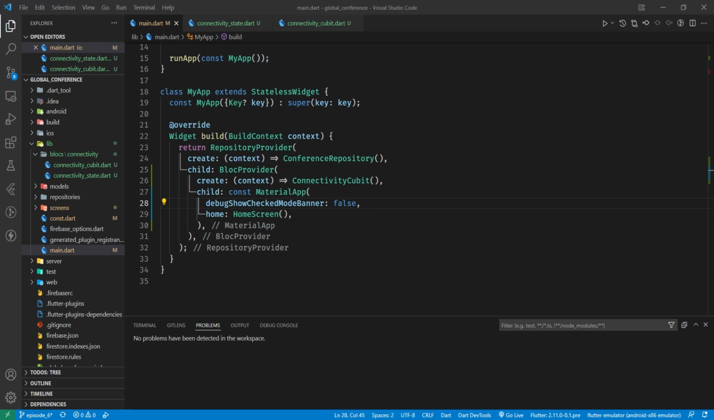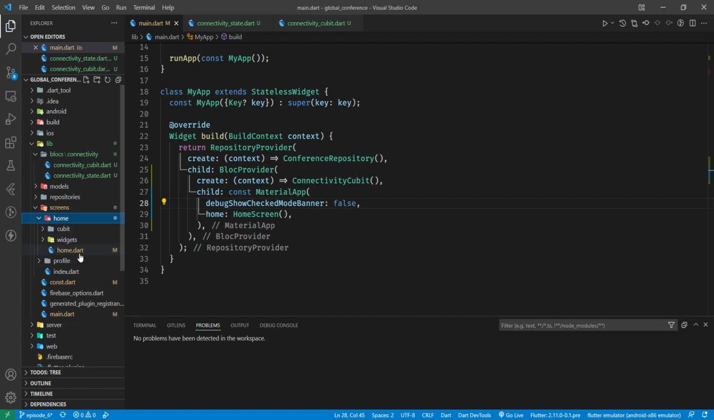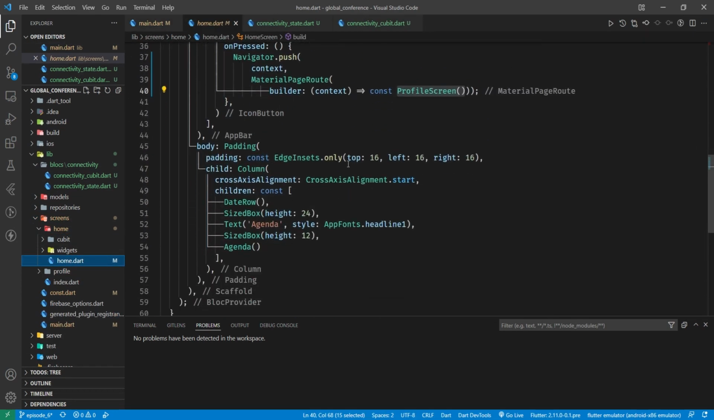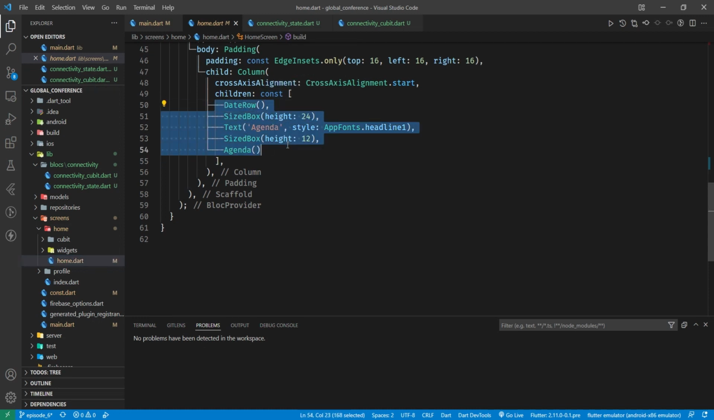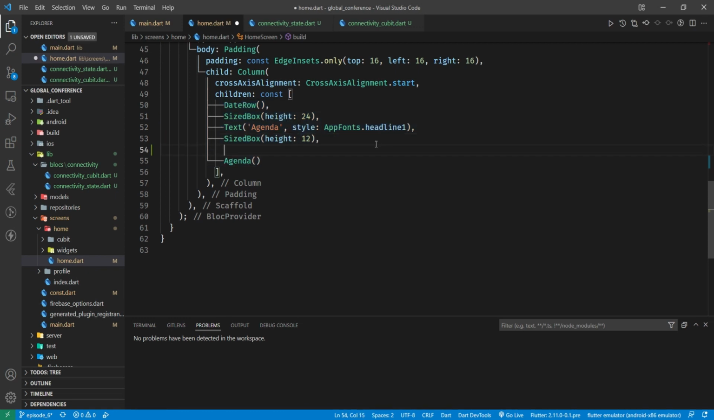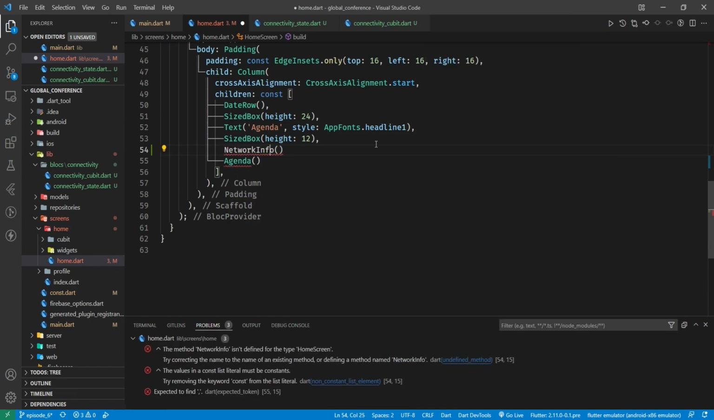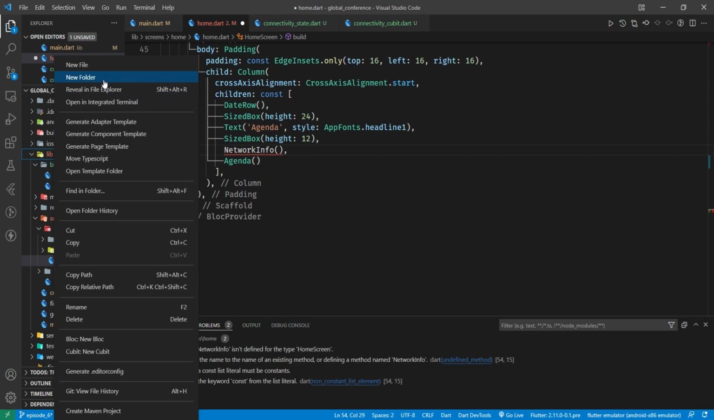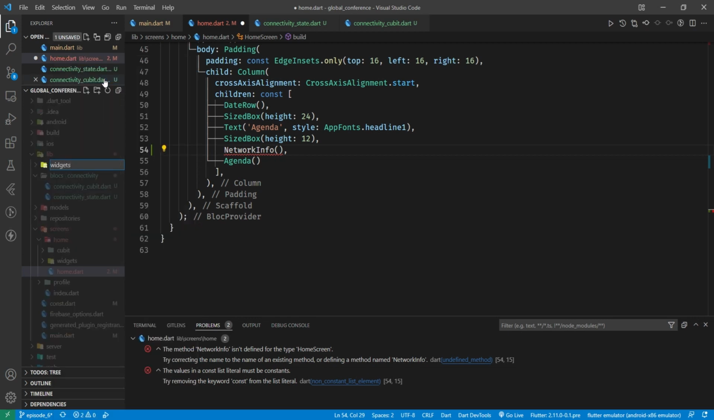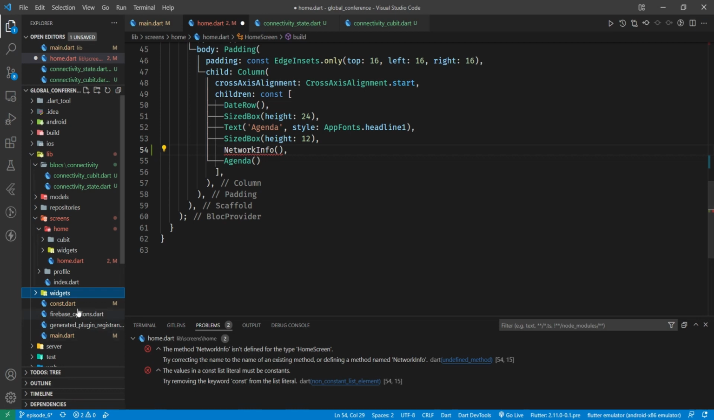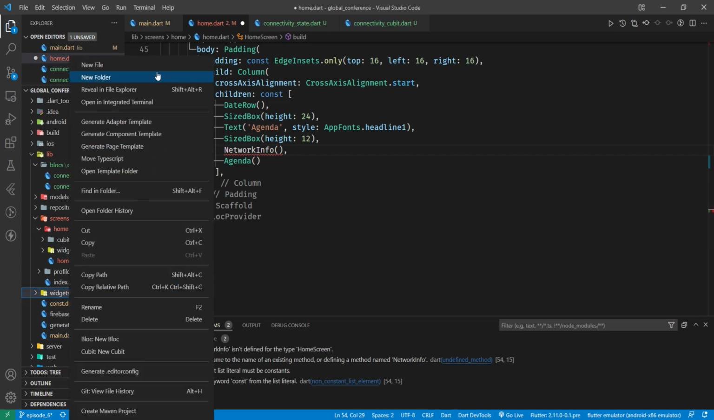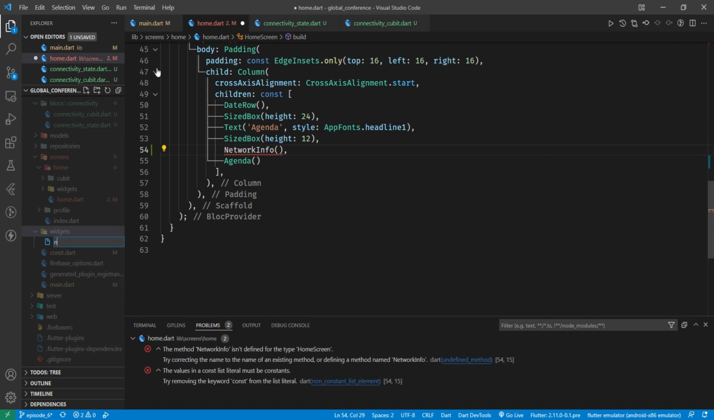If we come to our screens home.dart, where we have a list on our home screen, so we've got our date row, the header space, just before the agenda, just for now, I'm going to put in NetworkInfo, which doesn't exist yet. And in our lib folder, I'm going to create a new folder called widgets. This is going to be for widgets that are used all around the app. And I'm going to create a new file called